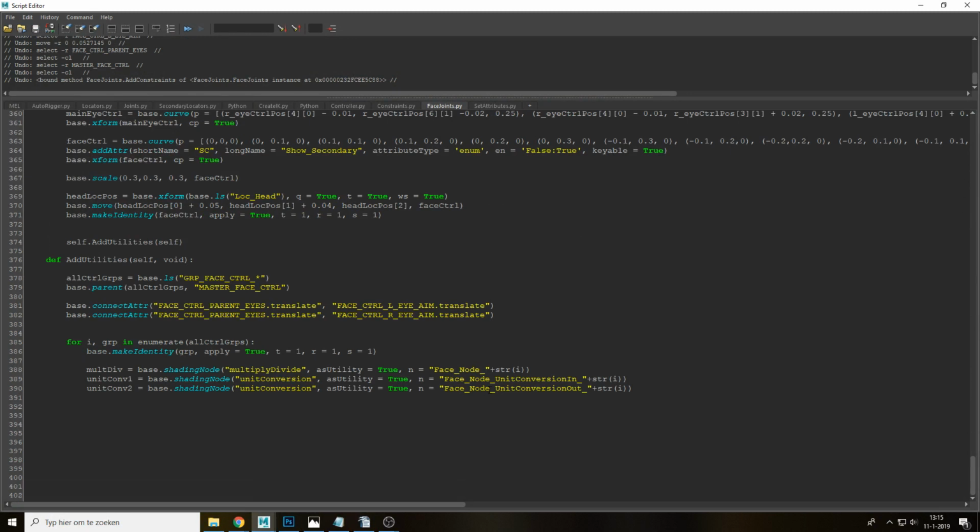Okay, so we need to set the operation, right, to the actual multiply divide. I think it's by default already set to operation 1, but let's just be sure. So based on set attribute, multiply divide plus dot operation to 1. So in this case it's multiply. Okay,